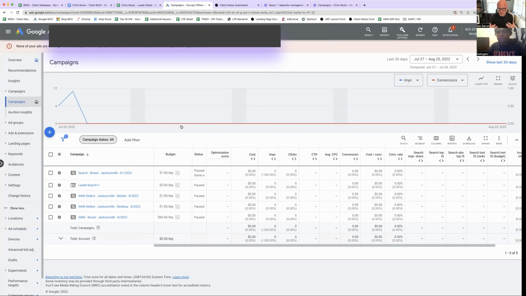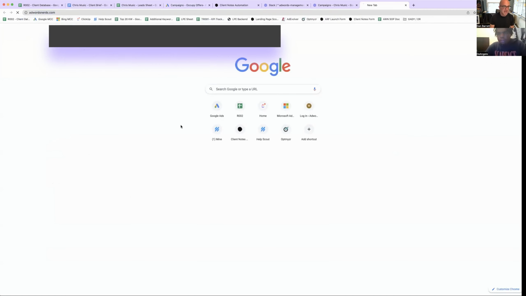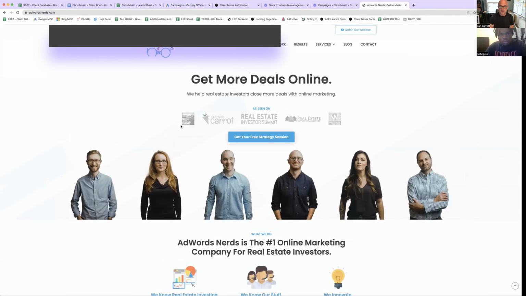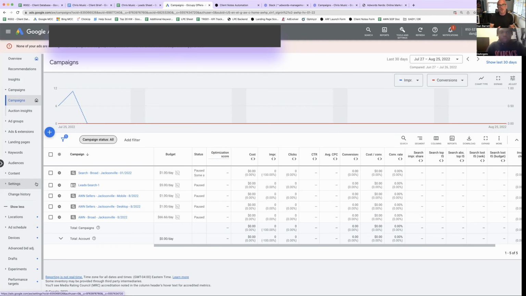When you are getting into doing search ads, you have a couple different pieces to your general strategy. You've got the keywords, which are what you tell Google that you want. You've got the ads, which are the thing you show the person. You've got the landing page, which is wherever you're sending them. So if I have an ad and I send them to my website at AdWordsNerds.com, you click the ad and you end up here. This is the landing page. And then obviously you've got everything you do with the lead after that, you follow up. In any case, we've got the keywords, the ads, and the landing page. Those are the core components of any online marketing strategy.